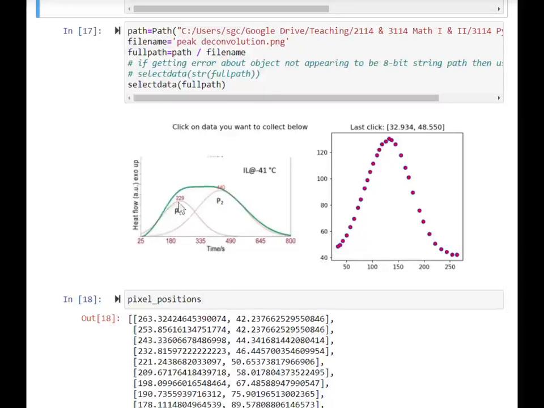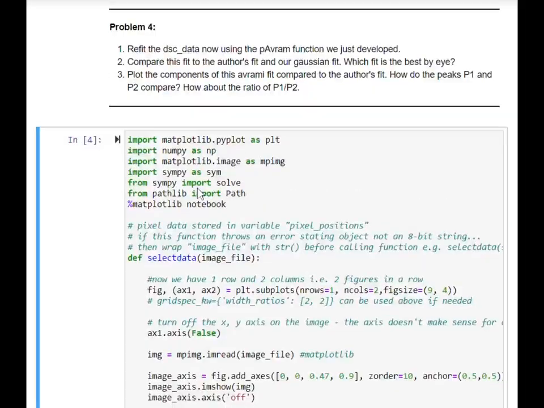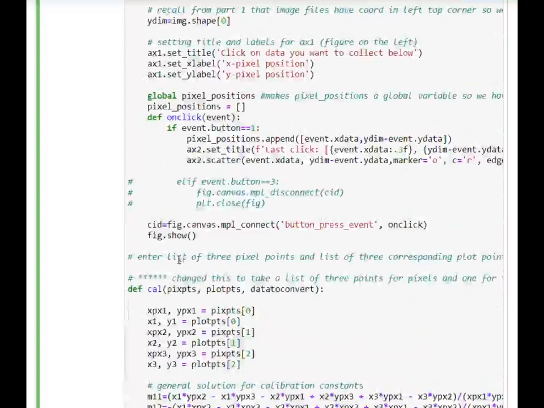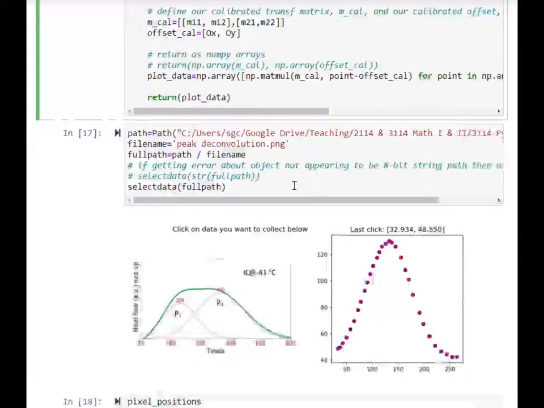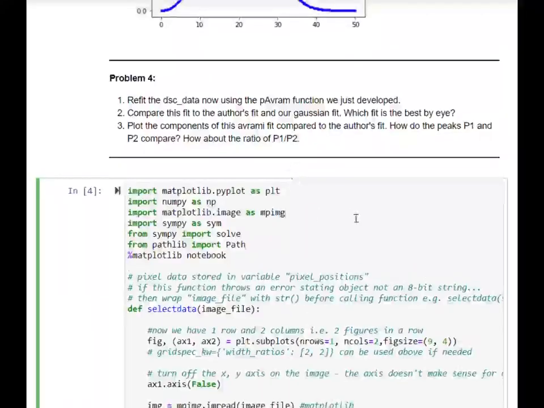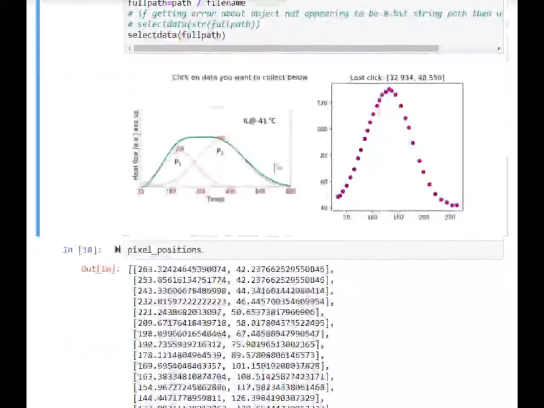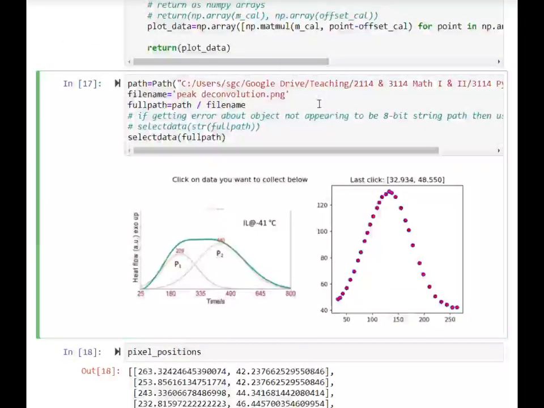The authors of the paper show the 2 overlapping Gaussians, P1 and P2, that they used for the fit. So we're going to go ahead and pull those off as well so that we can add those together and see how that compares to the green curve here, this thick curve, which is actually, again, the data. So first thing we're going to do is we'll just pull in our select data function and our calibrate function. So hopefully we have both of those already. And then what I would do is I would run